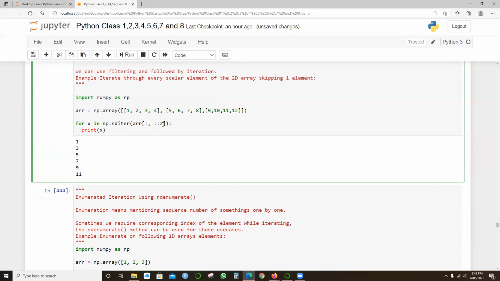So the method which we're trying to use to skip the next value is for x in np.nditer. When we use nditer, we're getting the values only from the array. It's not displaying the array format, only the values, and we are using the option to skip the following element. So 1 and then 3 and then 5, 7, 9 and 11.